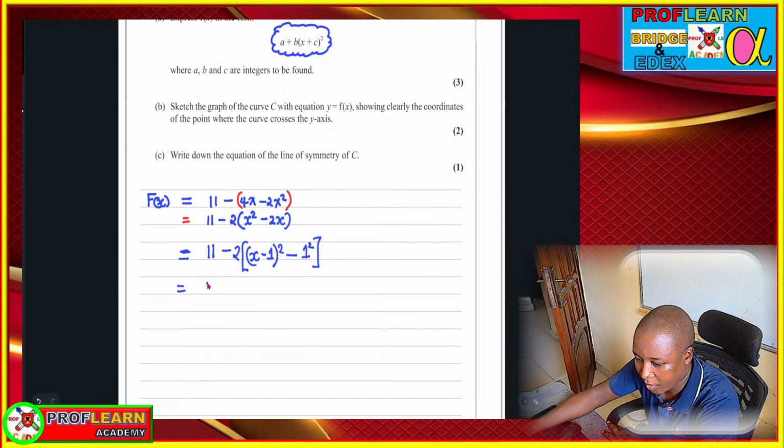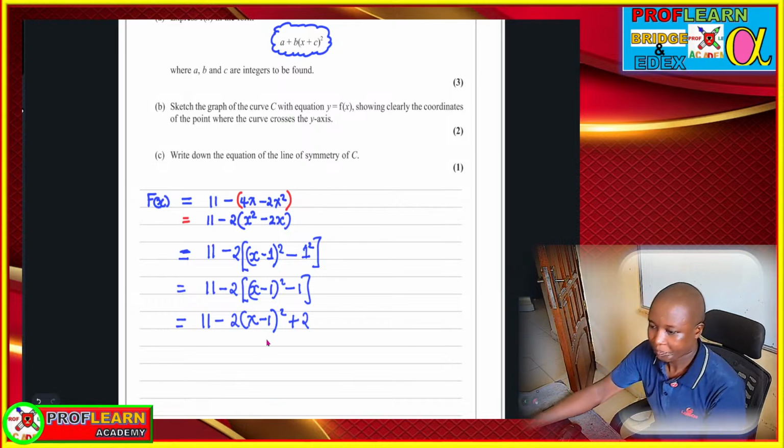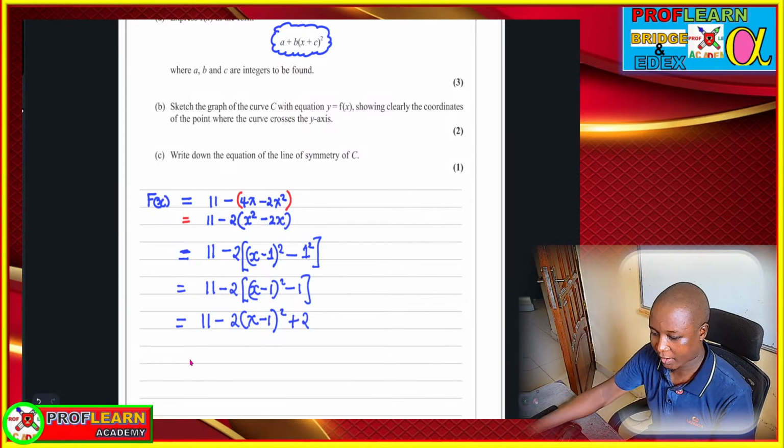At that point of time, we shall have 11 minus 2 into bracket x minus 1 squared minus 1. Now I can open the bracket and I'll have what? 11 minus 2 into x minus 1 squared plus 2. So you can say our final answer becomes